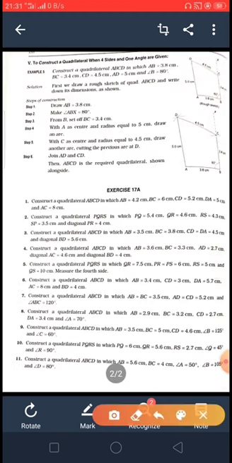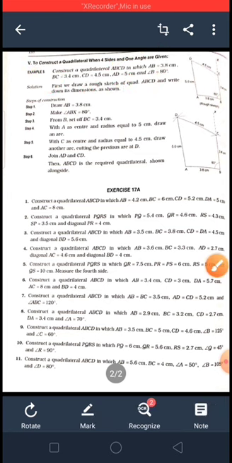Now to construct a quadrilateral when four sides and one angle are given. So that is example 5. Construct a quadrilateral ABCD in which AB is 3.8, BC 3.4, CD 4.5, AD 5 centimeter